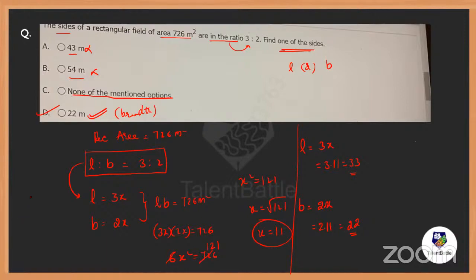It's a very decent question actually. No need to worry much, no need to think much. You just need one point, that is conversion of ratio to values. So remember, whenever you have a is to b, the values are ax, bx. You can use them for subtraction, addition, multiplication, etc. But you cannot directly use 3 and 2 for addition, subtraction, multiplication. You can use 3x and 2x for any multiplication, subtraction, division, because you are taking a value here, 3x and 2x, some common multiple. Right, everybody? Got it? Screenshot, move on to the next.